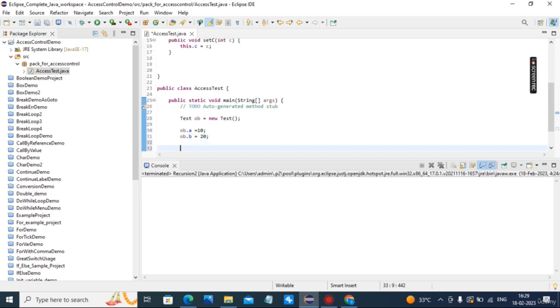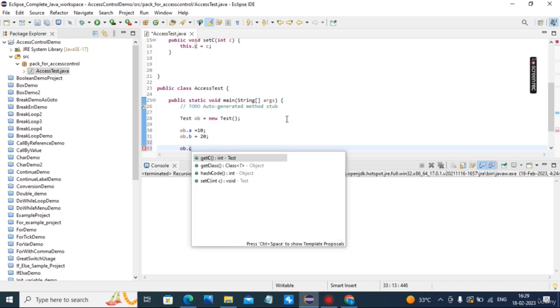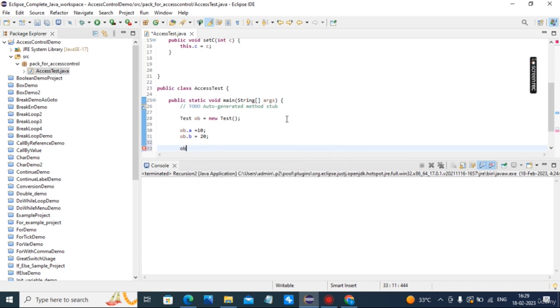Okay, so these two can be accessed directly because these are public. I can now access c. Let's see what happens. Then it will give me an error: change visibility of c to package. Test.c is not visible because it is private. Now I try to assign value 100 to it.